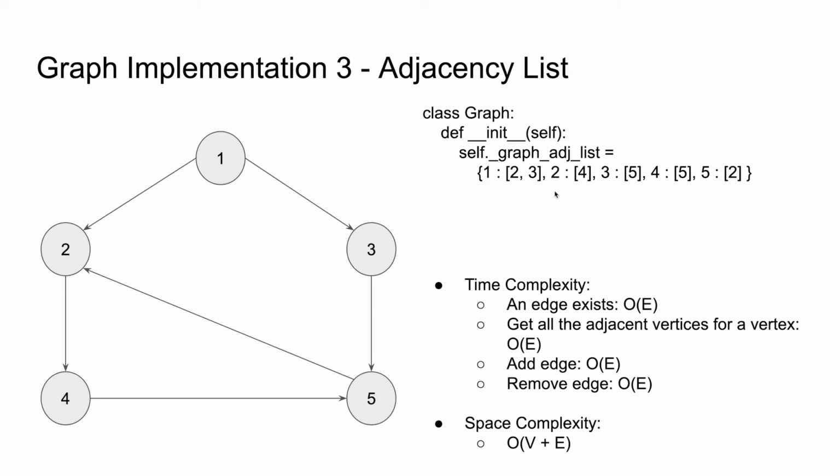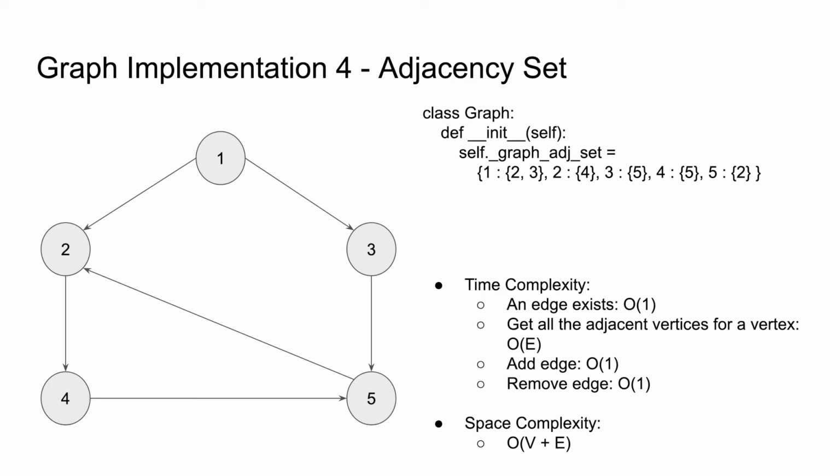Looking at the time complexity of different operations, maybe there is scope to optimize further. What if we replace the list in this particular dictionary with a set? So this takes us to the next representation of graph, that is the fourth and the last one in this particular talk, which is adjacency set. In this representation, we again use a dictionary, and the keys are basically the vertices of the graph. The only change here is we have replaced list with a set. In this case, all the destination vertices for a given vertex are represented using a set. So let's see how the time complexity has improved for different operations.